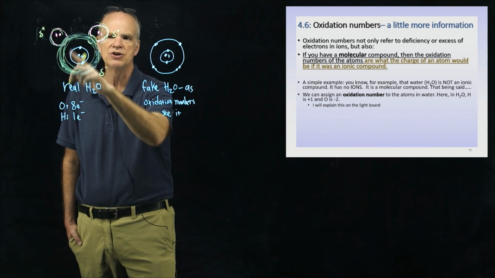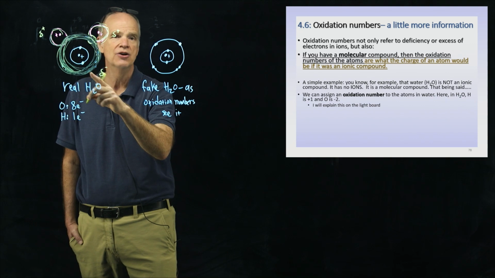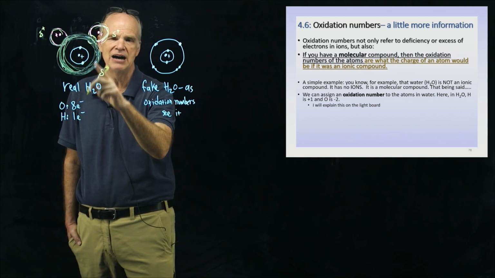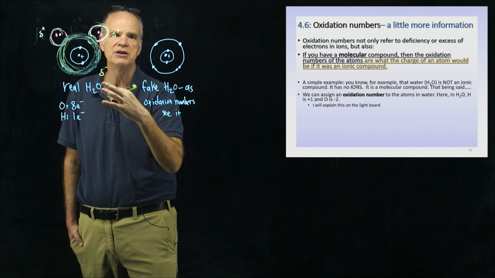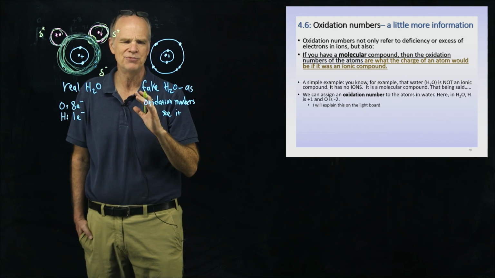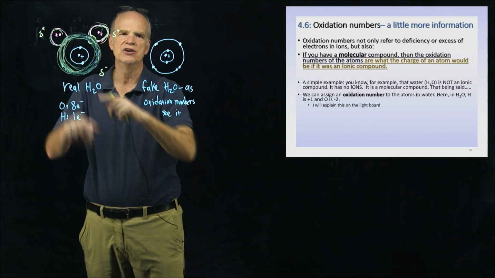Here we don't have a full extra charge going onto oxygen. We just have the electrons spending a little bit more time around oxygen than hydrogen, so this is just going to be a partial charge that oxygen has. And so that's a good picture of what is going on with the pair of electrons here in the water